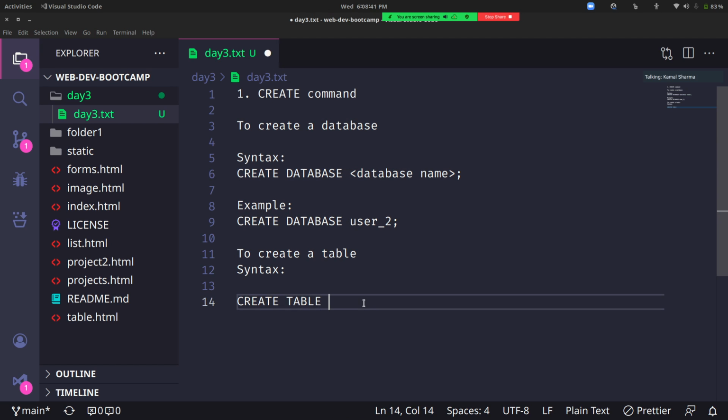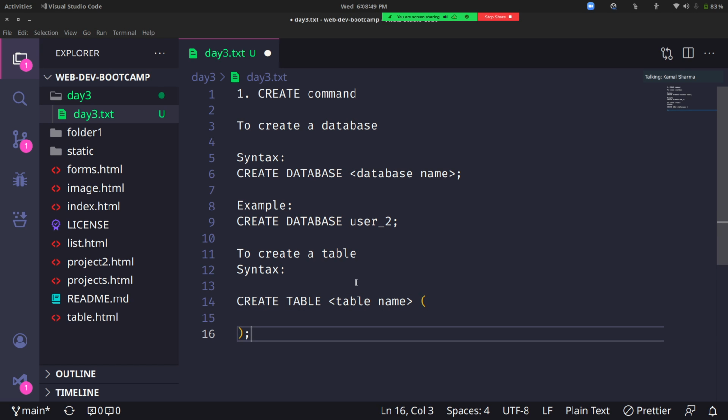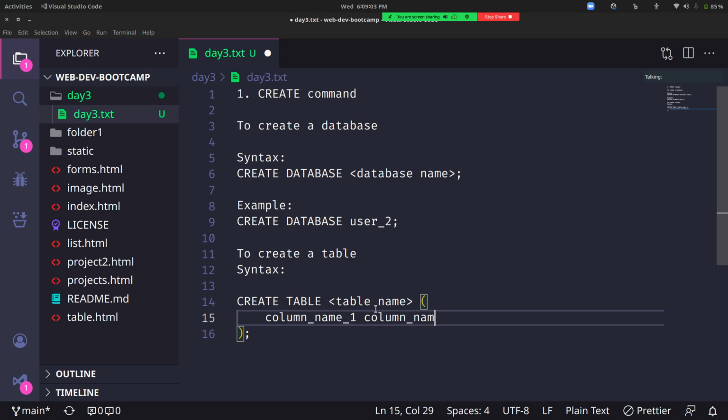So yeah, create table, then the table name, and then you have to open the parenthesis, and each SQL statement should end with a semicolon. Then the column name, column_name_1, the column type, column_type, and maybe the length.